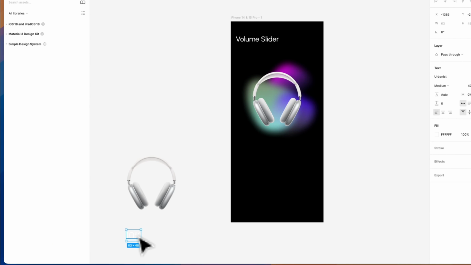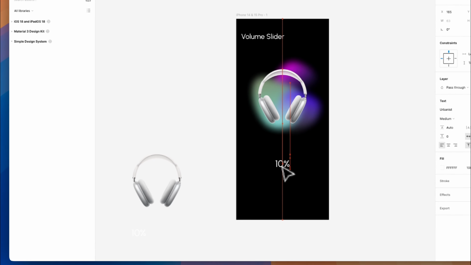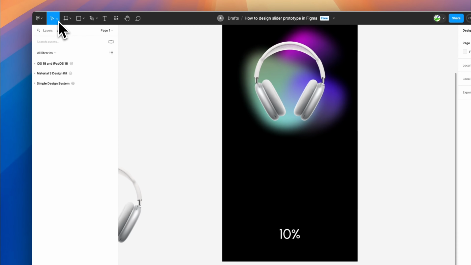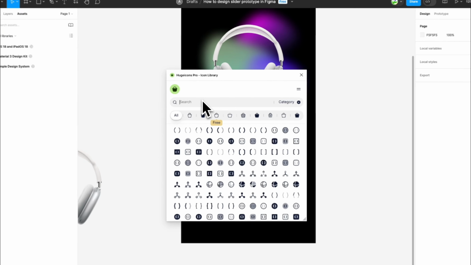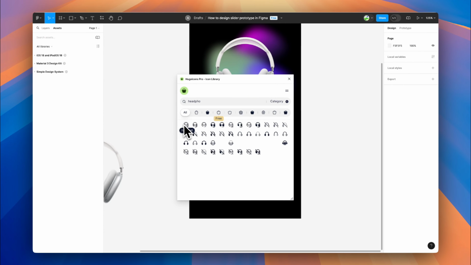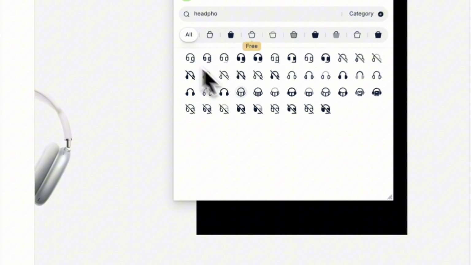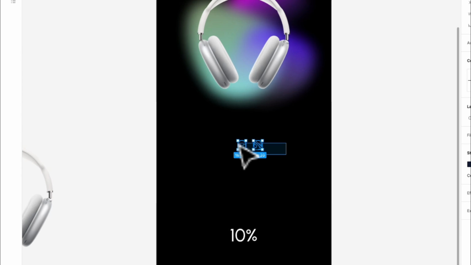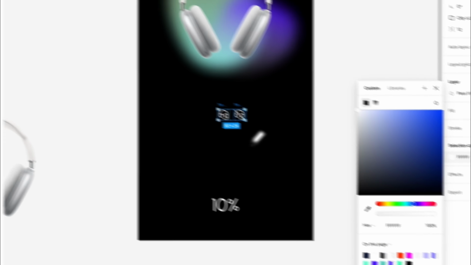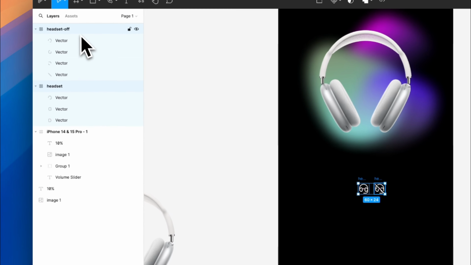I have placed an AirPods Max asset over here as well. And here's a percentage of the slider that we'll be making, and around the slider we would have our icons. I'm using Huge Icons for this project. I would drop in a headphone indicating volume full and one indicating mute, and drag them into the project, right,